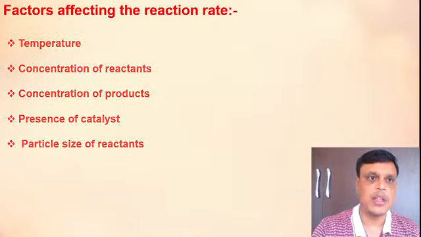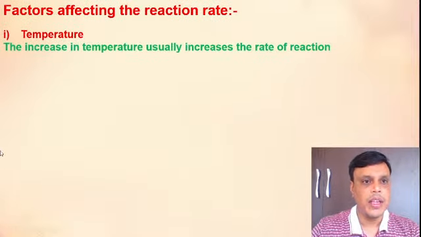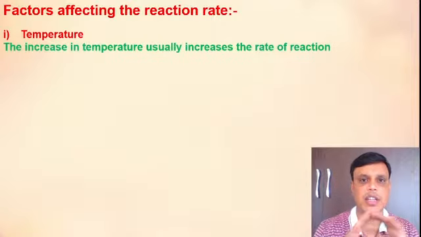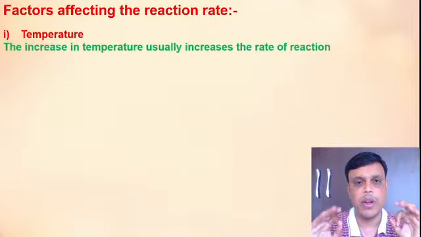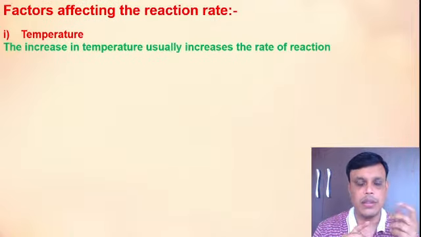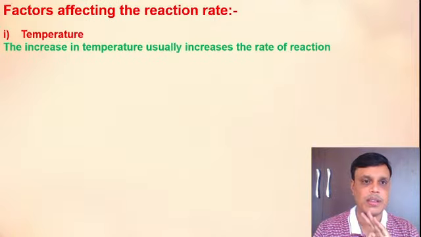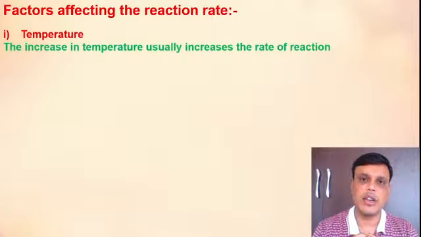Let us start with the first factor, that is temperature. Here, the increase in temperature usually increases the rate of reaction. This is a very generalized statement. This statement is applicable to almost 99.9% of chemical reactions. There are some reactions in which an increase in temperature decreases the rate of reaction, but generally the increase in temperature usually increases the rate of reactions. Why does it increase the rate of reactions? Because